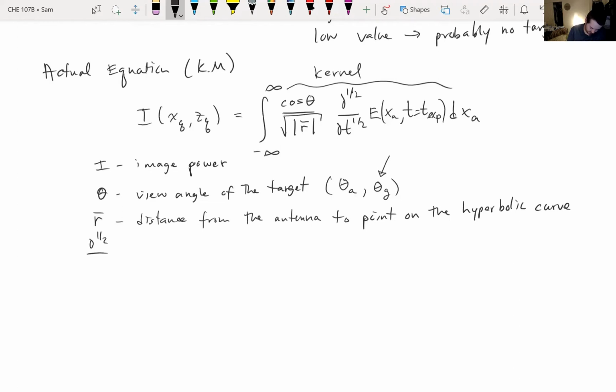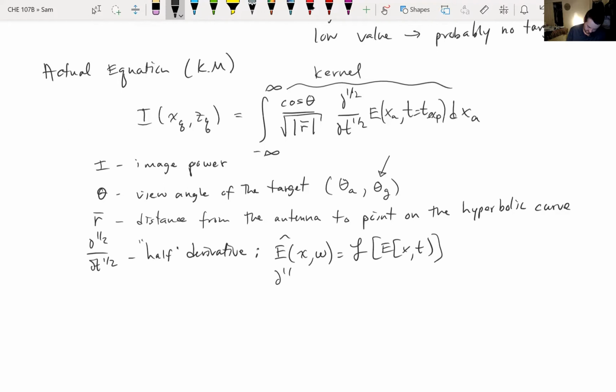What does this half derivative mean? This is kind of a thing dropping out of the math. It's a property of a Hankel function. So the half derivative, the way you really implement it is you just take the Fourier transform and then multiply by j omega to the half. So if you say that E of x, omega is equal to the Fourier transform of E of x, t, let's say E r for fun, then the half derivative d^(1/2)/dt^(1/2) of E of x, t is equal to j omega to the half,